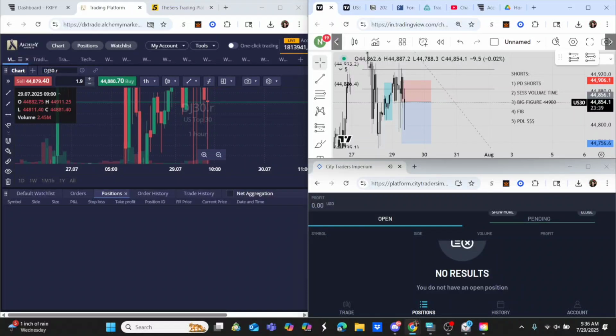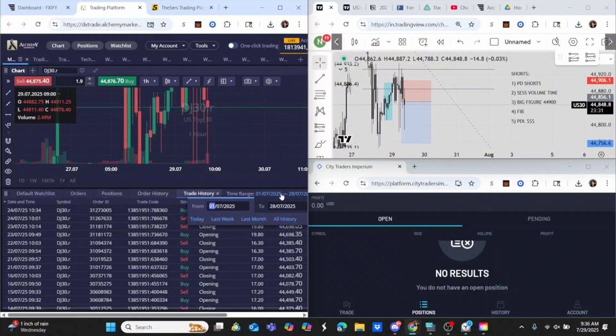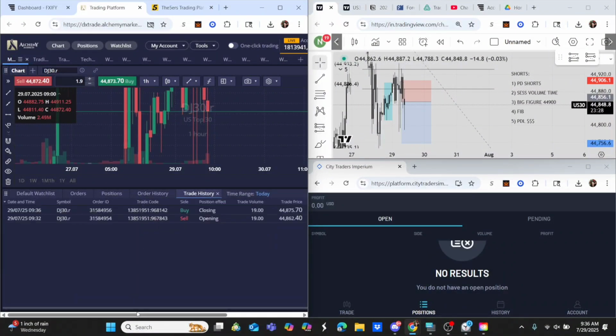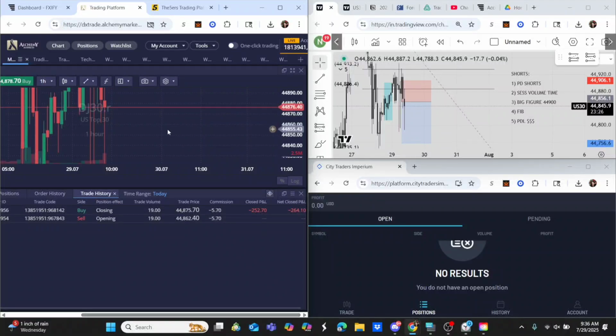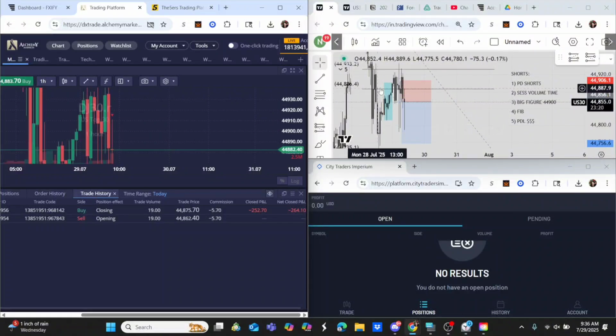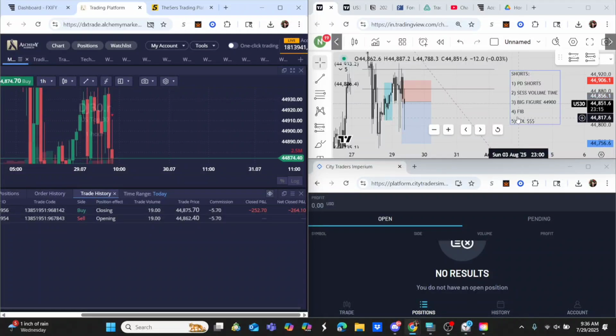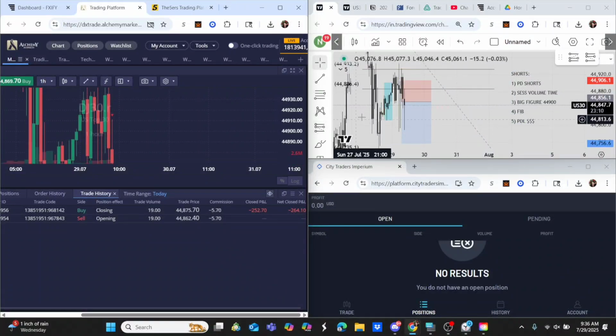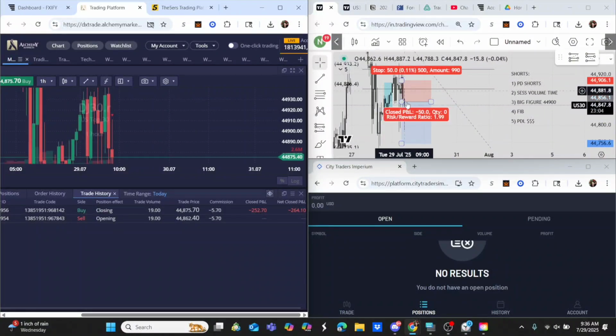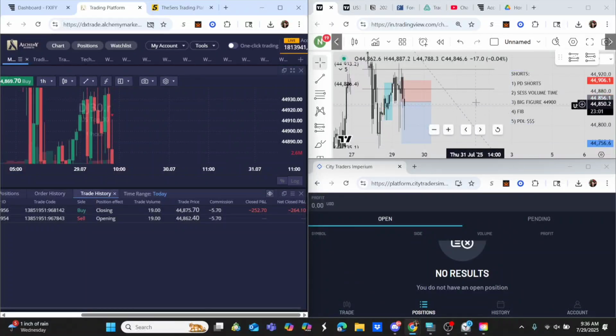All right, so I just got stopped out at break even on that position. It is what it is. Let me just show y'all right here. This one, it was a 0.25 loss instead, because I was willing to put my stop a little bit above, because the first one was a better entry, but the second one was also a valid entry as well. So in my opinion, because of the way price is moving right here, and it already reached the 1-to-1 break even area, I'm not gonna look for any trades, at least at this area right here.